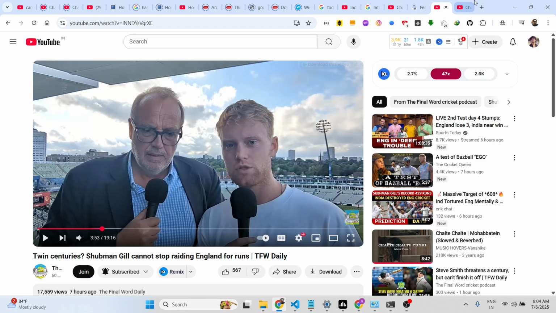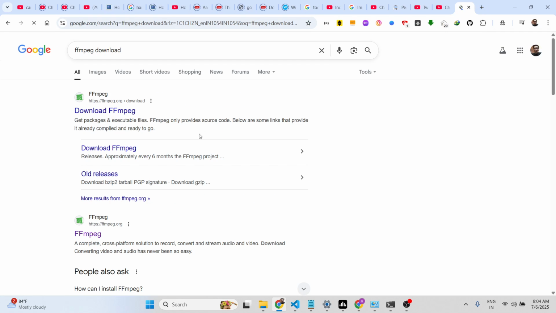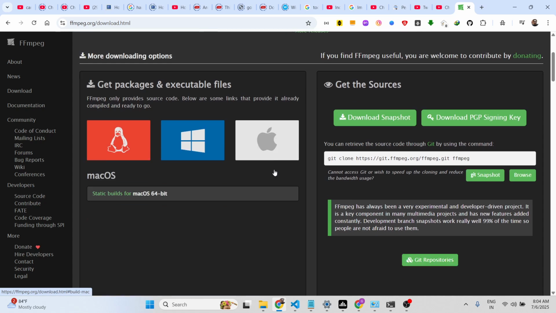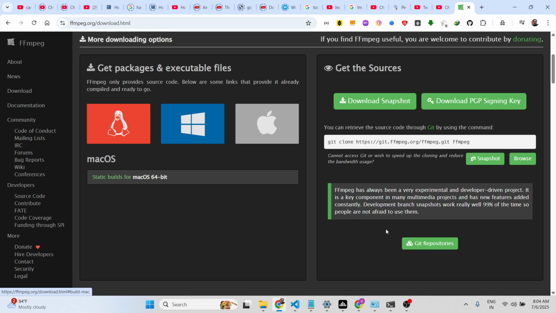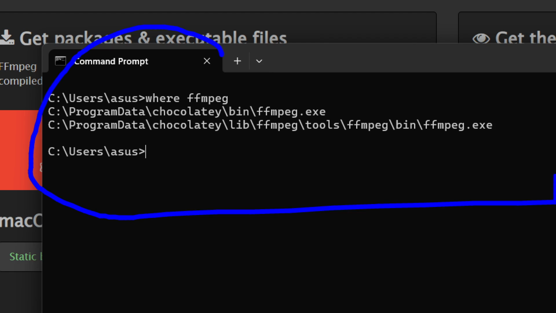So if you still don't have FFmpeg installed, you go to their official website, download FFmpeg, and just install it. It's a cross-platform software. It's available for Linux, Mac and Windows. Simply select your operating system and install it, and in this easy way you can cross verify after you